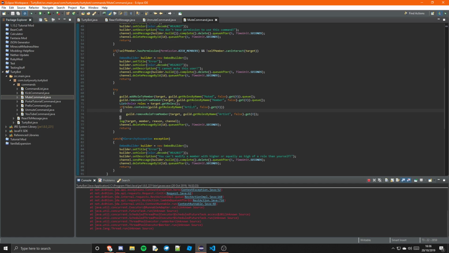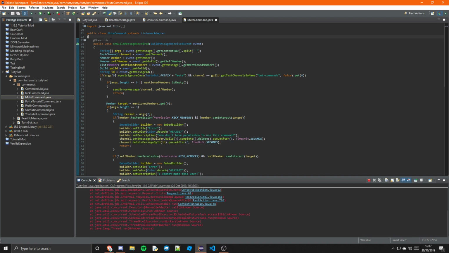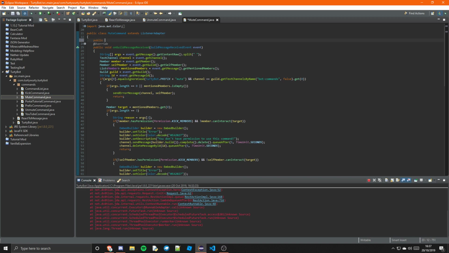If we create an array of roles that they have in here before they are muted, then we can get rid of the role. Okay, so let's create a public static final